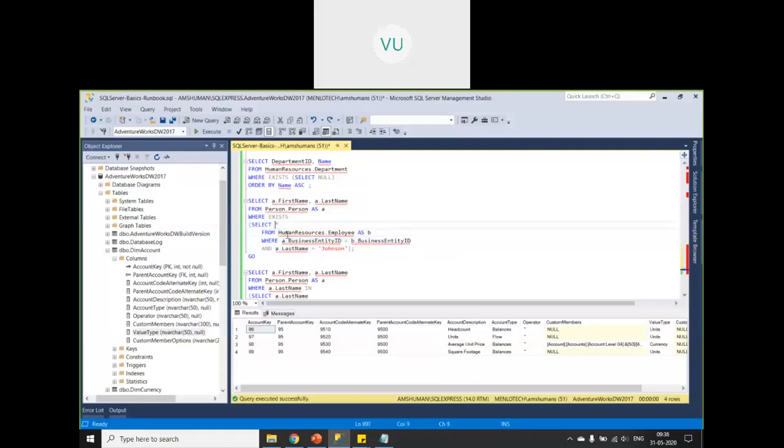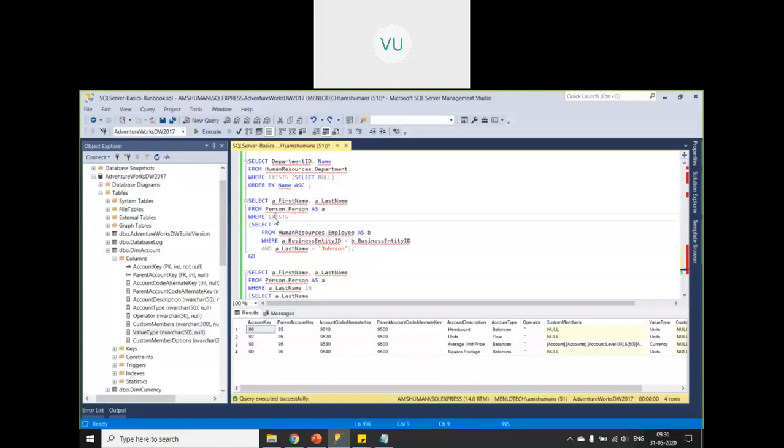And if it is returning, let us say, one or more records, that means the boolean value of this where exists will be true. That means where true, right? From this particular table, and this particular condition is satisfying for a particular record, then you're returning one or more columns.